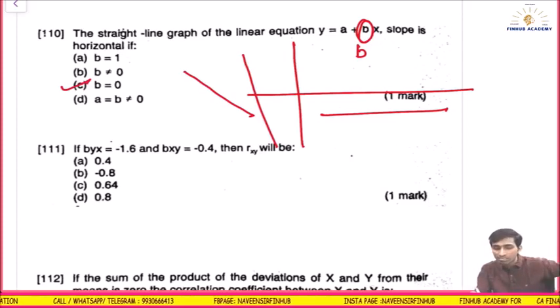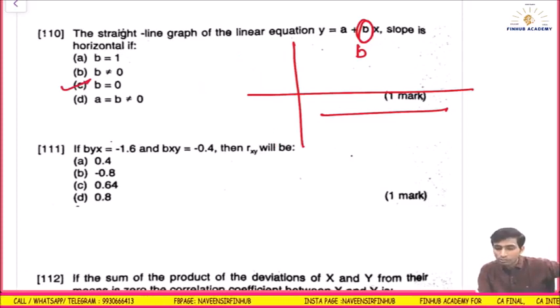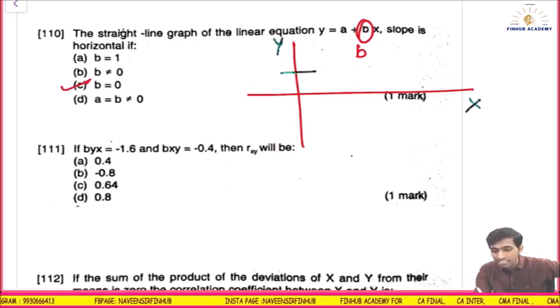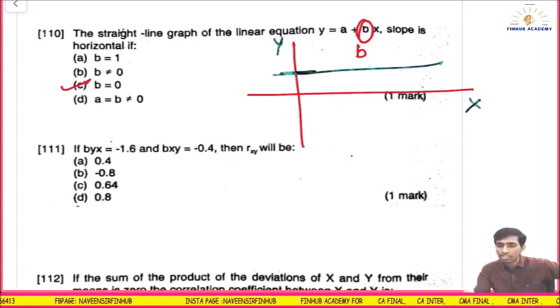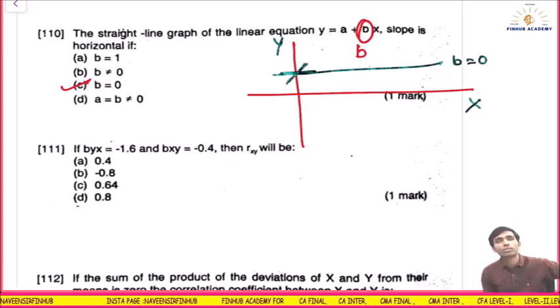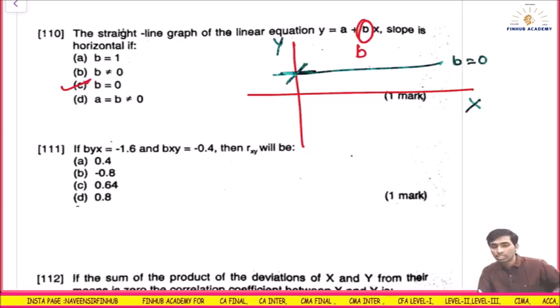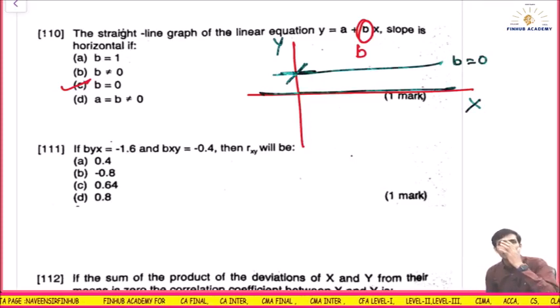What is A? A is the intercept. If let's say this is my x axis, this is my y axis. This A is this intercept here. Understood? And if you ask what is the B? The B is 0. But A can be there. A will not be 0, in fact. If A is also 0 and B is also 0, that means it is itself the x axis.